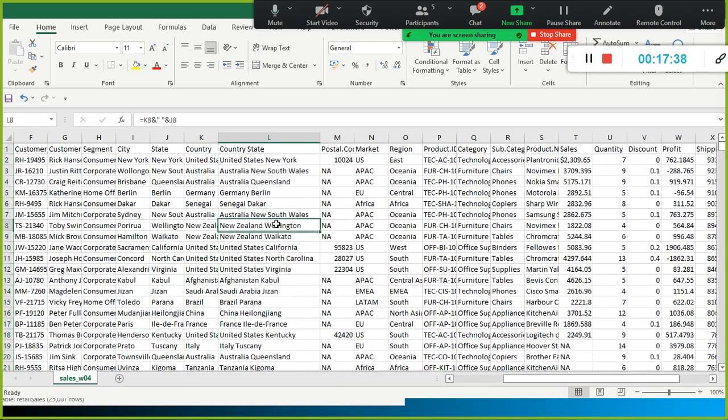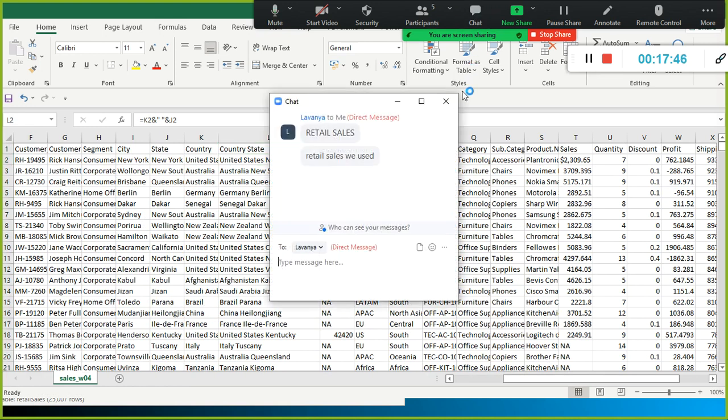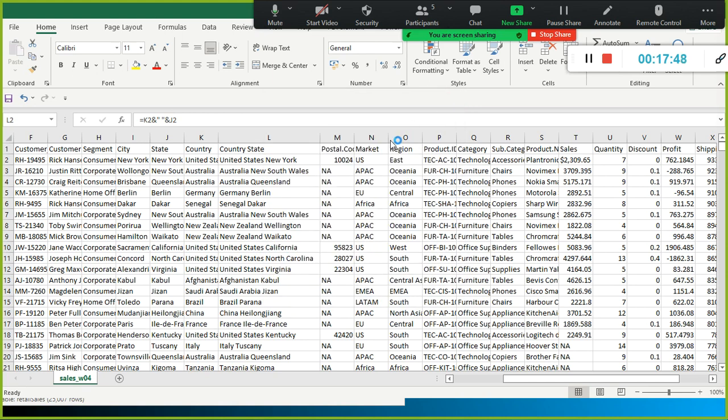Yes, so we have used columns from examples. Create columns from examples. Retail sales we used, yes, but we did not see this one, right? So United space State space New space York. In that case, what logic can we use? Somewhere in the country name itself we could see a blank space, and even in the state name we could see a blank space.